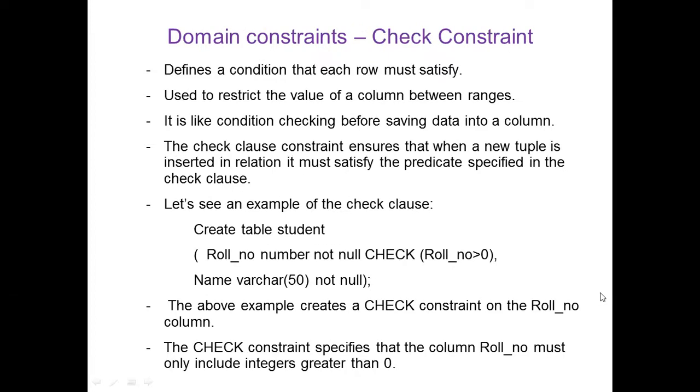Now the second constraint is check constraint. Check means what? To check something. So this constraint defines a condition that each row must satisfy. It is used to restrict the value of a column between ranges. Means that column should have some restriction, and that restriction can be given in the form of constraint or condition. It is like condition checking before saving data into a column. Means whenever you are going to insert any value, first that constraint or condition which is written into check, that will be checked,